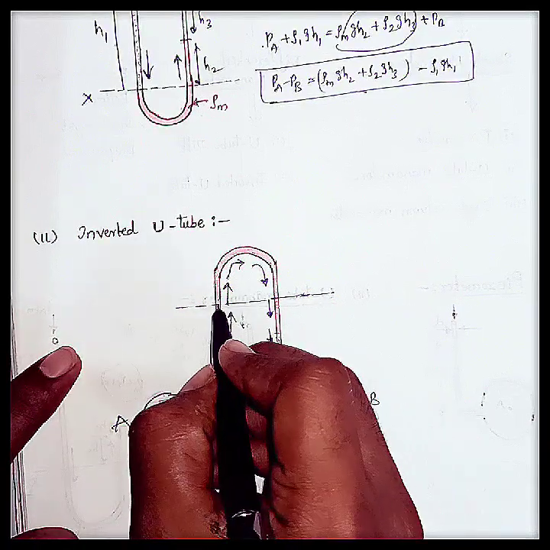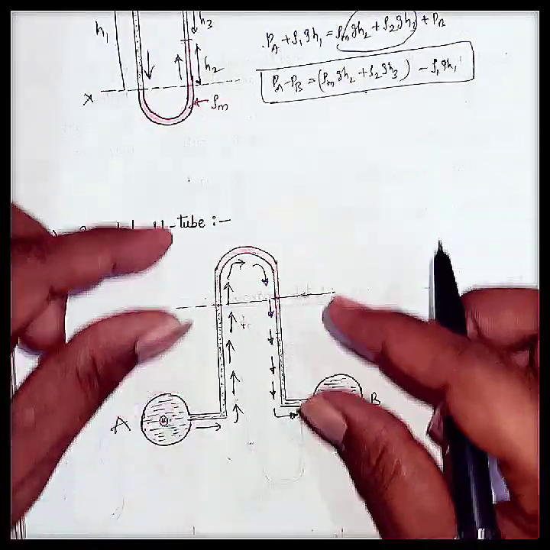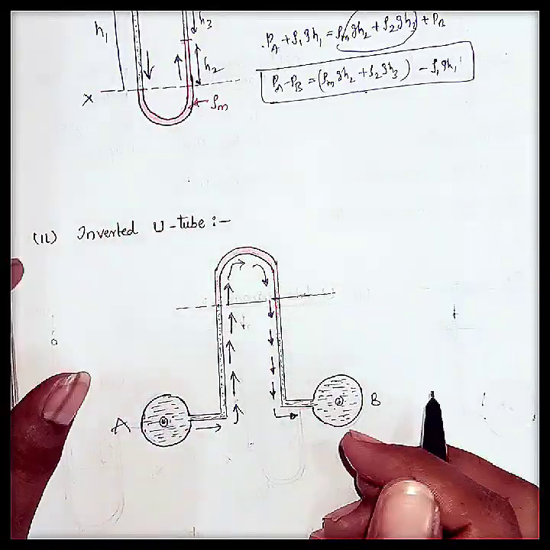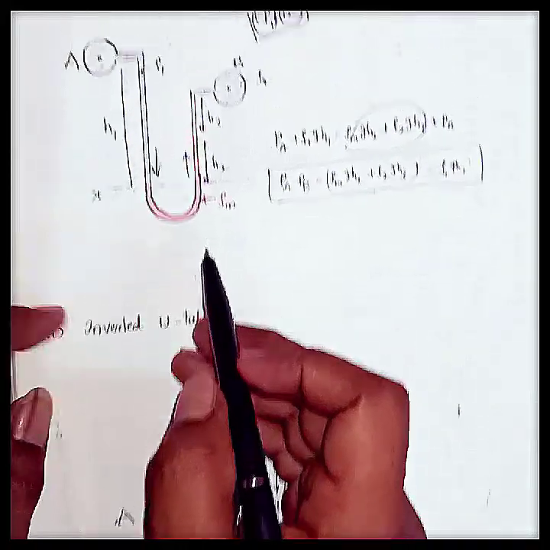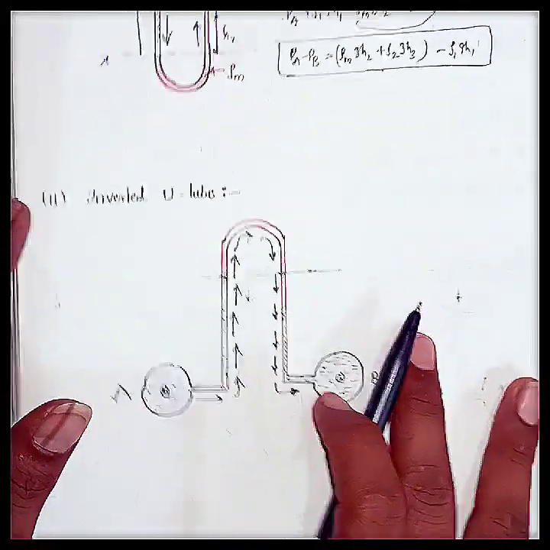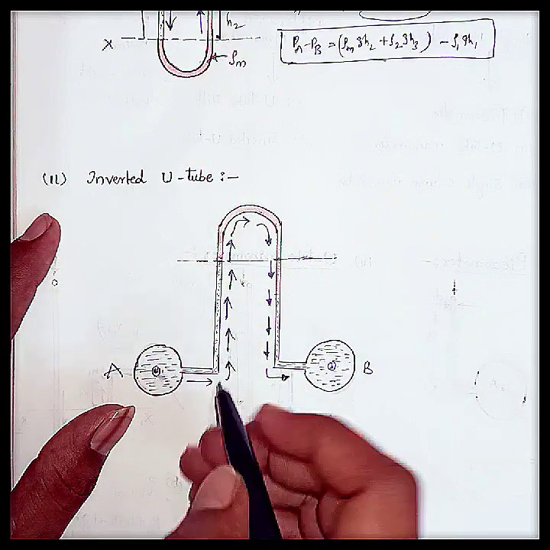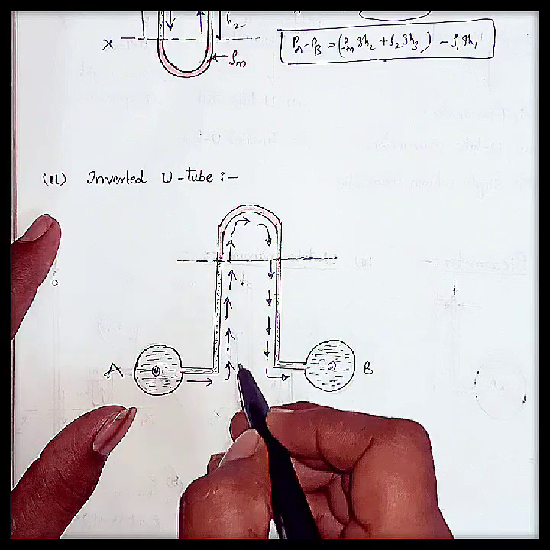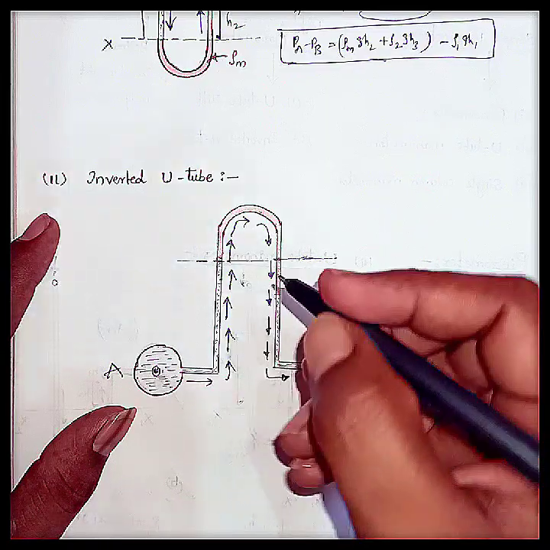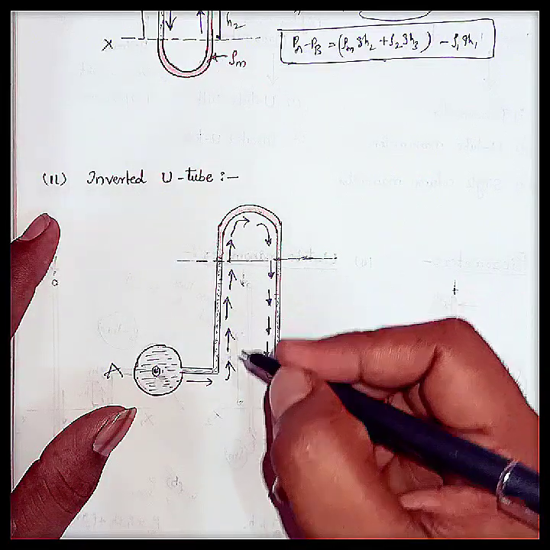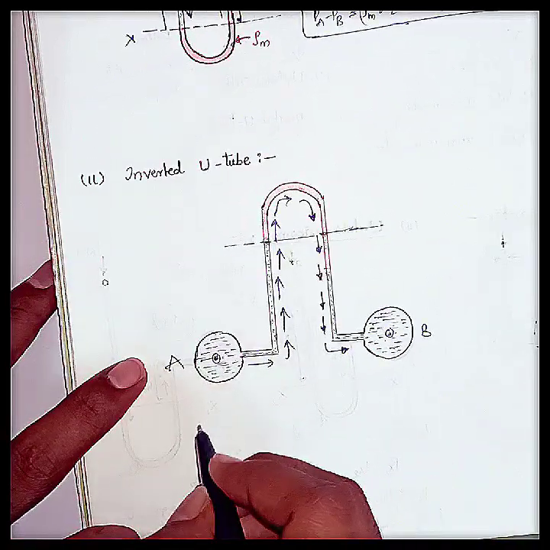Because the pressures are equal at these two points, the manometric fluid is not moving in any direction, it is in a stable condition. So I am equating the pressures here and here in this U-tube differential manometer. But here I am moving from one direction to the other direction like this. If at any point the weight of the fluid is in the same direction as the direction you are going, then take a positive value. At any point, if the weight of the fluid is not in the same direction as the direction you are giving, take a negative value. See here how I will calculate.